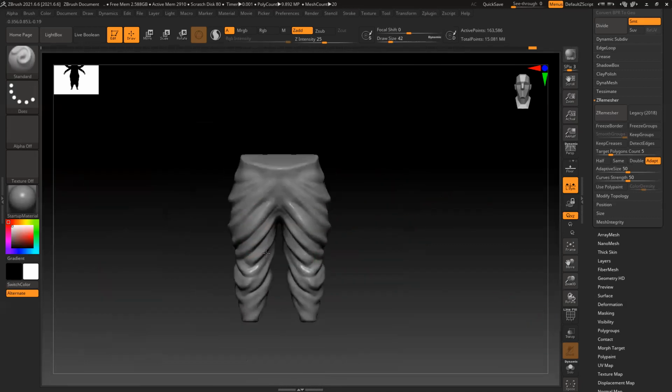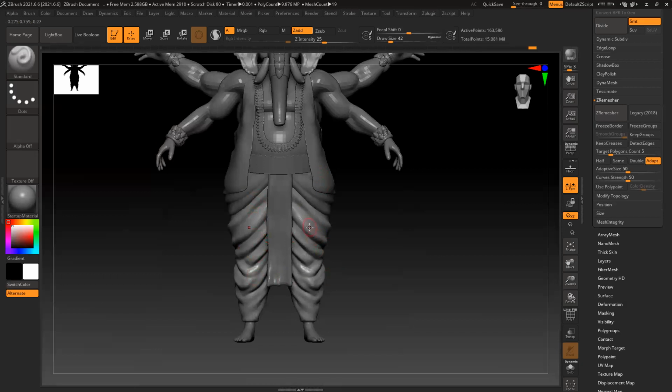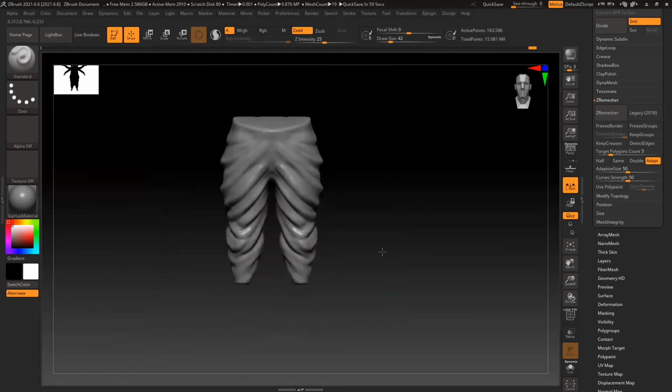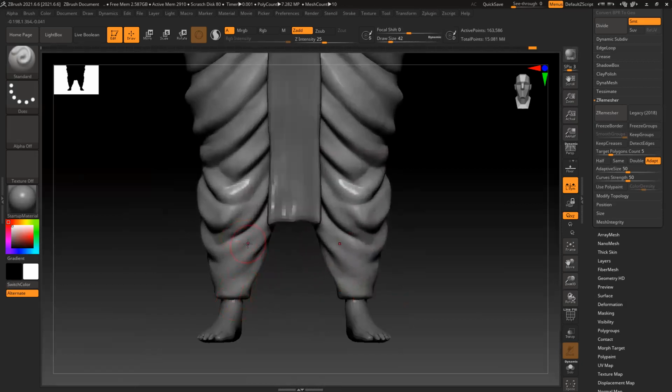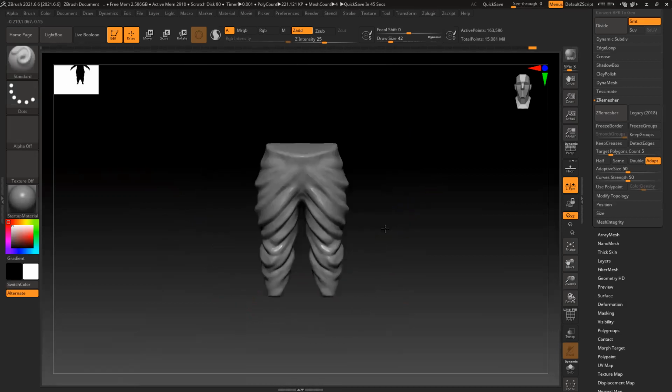This is much better. Folds and everything are prominent, and after this, let's suppose we want to add some more volume or maybe add more wrinkles. We can definitely use dynamics and simulate. So not always fine wrinkles. Because usually a dhoti is silk or maybe cotton, so you don't have those fine wrinkles. You have very big and flat wrinkles, like folds, right?